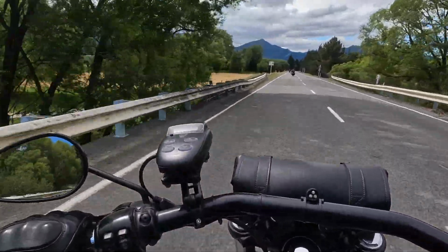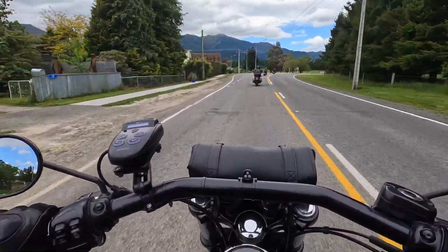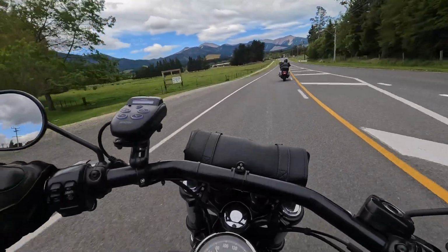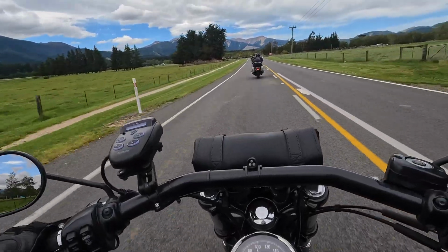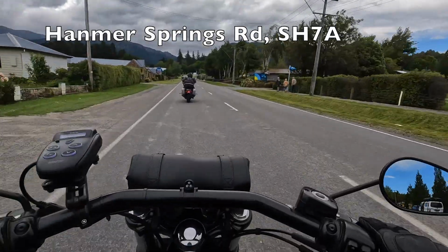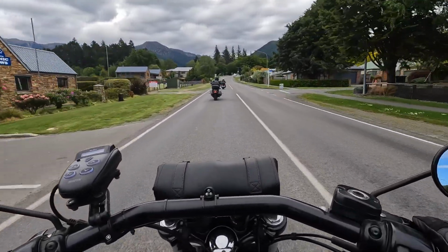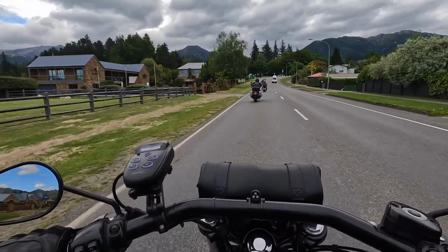As we come away from the Ferry Bridge and head closer to the township of Hanmer Springs, we're starting to see a little bit more signs of civilization. One strong memory I have about coming back here in the camper van is that we stayed at the Top 10 holiday park, and I get unduly excited to actually recognise the spot right there. So yes, many years ago that was where we stayed in Hanmer. This time we're staying a little bit closer up in the township, in fact directly opposite the Hot Springs Thermal Resort,